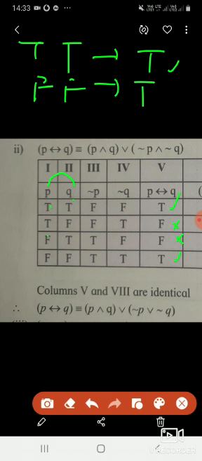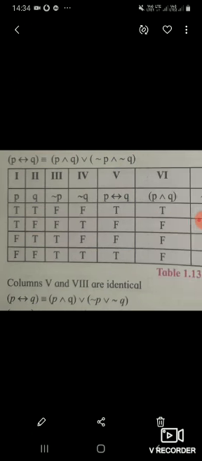Then I am going to find out the right hand side value. If the right hand side and left hand side values are identical, the two columns are identical, then we can say these two are equivalent. So whether it is identical or not, we are going to see now. To find out the right hand side, what will be the columns? Listen, P and Q we already know. Then negation of P and negation of Q, then the truth table of AND, and then for those two columns we have to find the OR column.